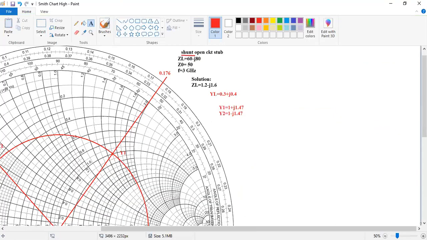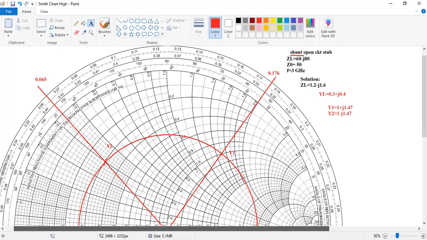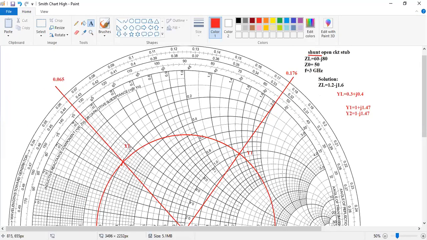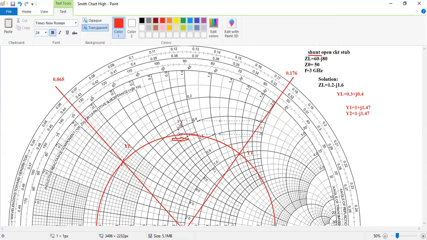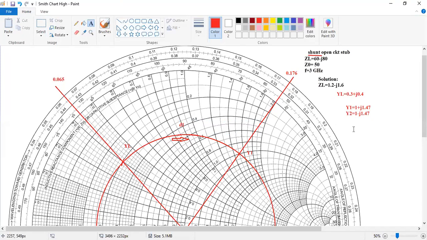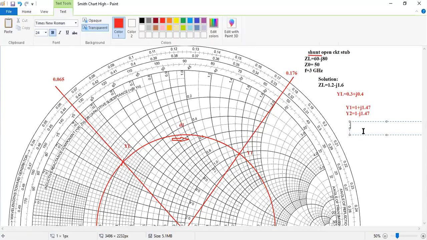Okay. So now what to do? Now what is your reference point? Your reference point is this. So from here to here, D1 you have to find it out. So what will be your D1? So D1 is this. This is your D1 from YL to Y1. I will name this as the D1. So you just calculate D1. D1 equals the difference of YL and Y1. Y1 is this much, YL is this much. So simply you have to calculate the D1.